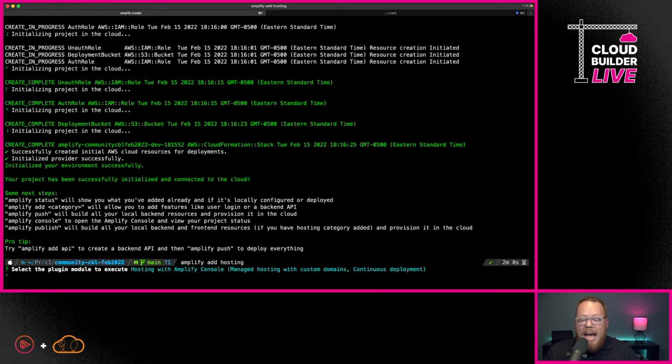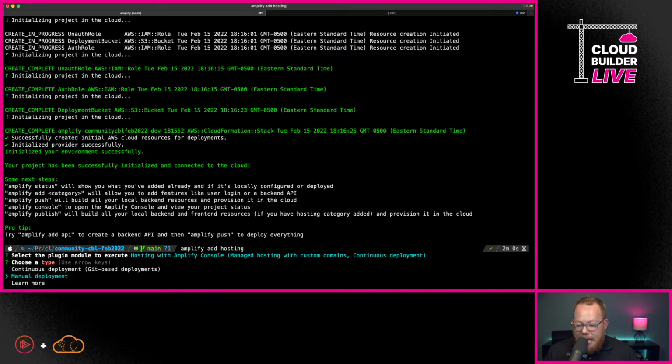And then it's going to ask me how I want to deploy the application. Now, here's a cool thing. If you want to do continuous deployment with your Git repository, you can actually set that up here by just clicking continuous deployment, and then there will be some additional steps you need to do to connect it to your repository. But Amplify gives you continuous deployment in a very, very easy, just a few steps to get it up and running. So if you have a Git repository for your project that you want to work with, this is a great way to go.